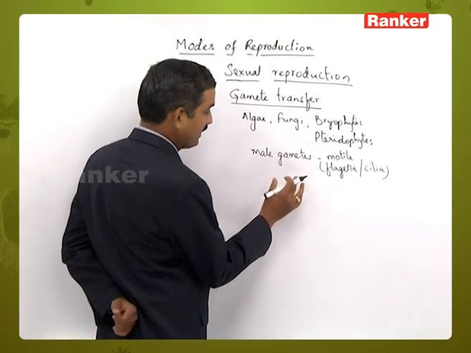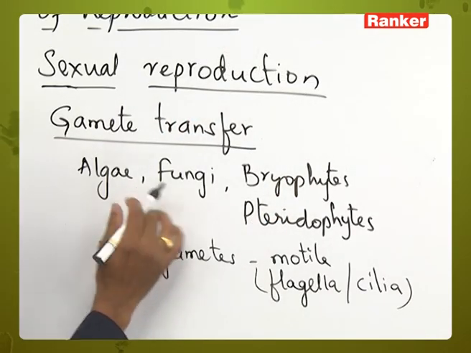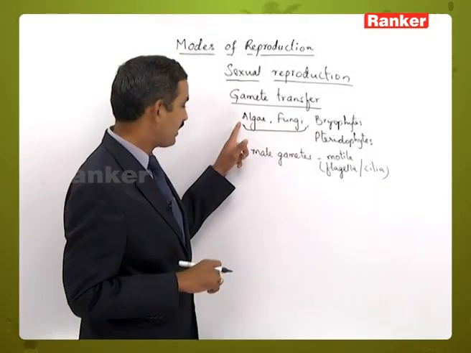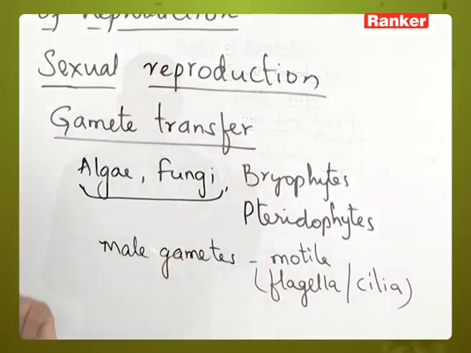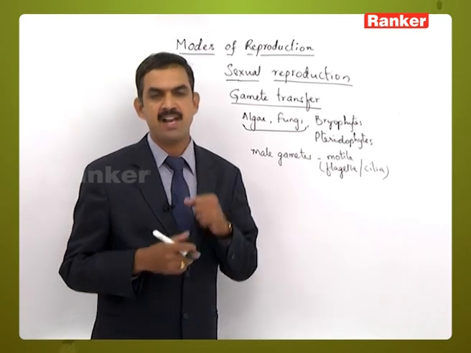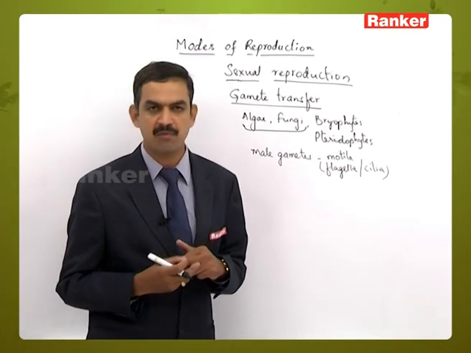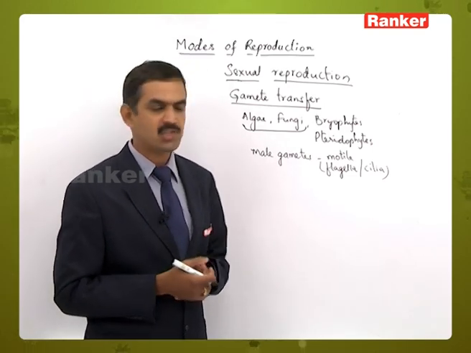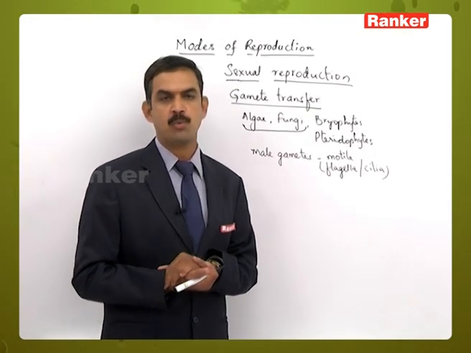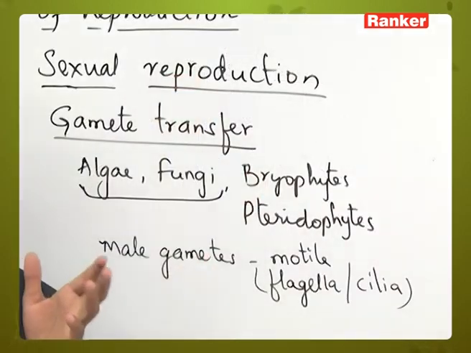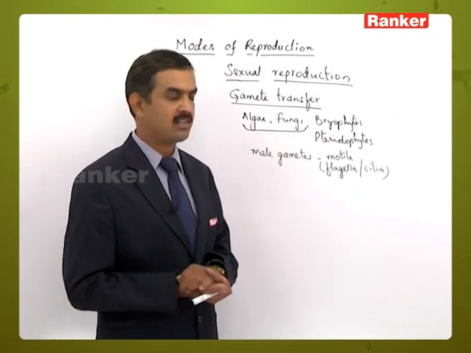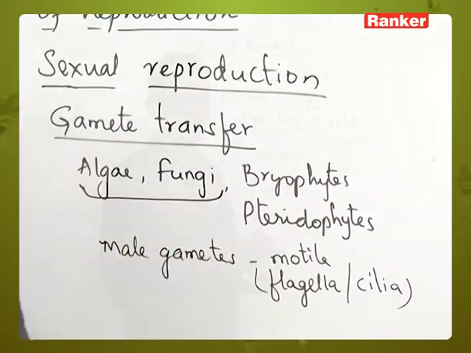And particularly in algae and fungi, the lower organisms, particularly in algae, which are aquatic in nature, the male gametes may be motile or non-motile. When they are motile, they contain flagella or cilia and move with the help of them and reach the female structures. Whereas fungi grow on organic matter. There the male gametes are carried with the help of wind or some locomotory